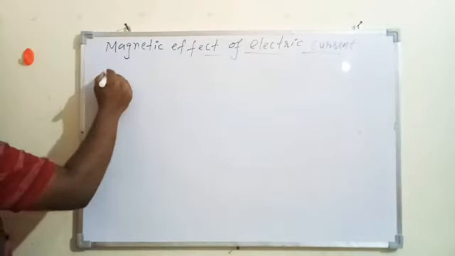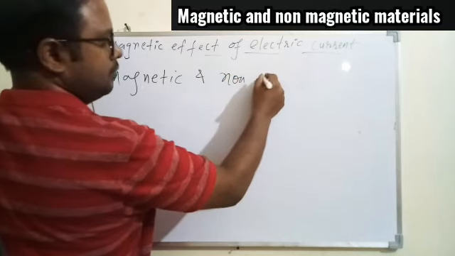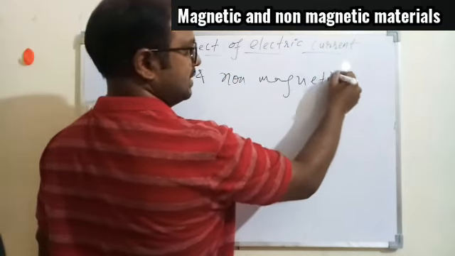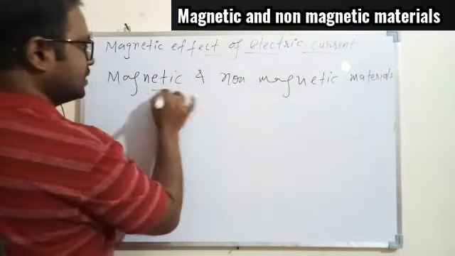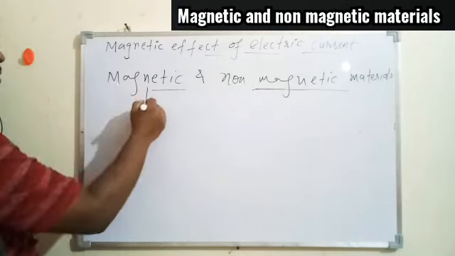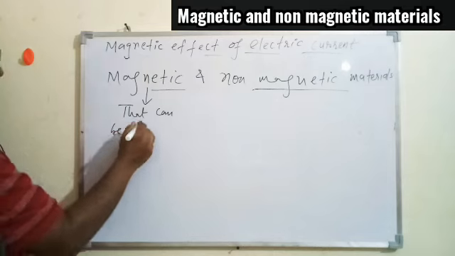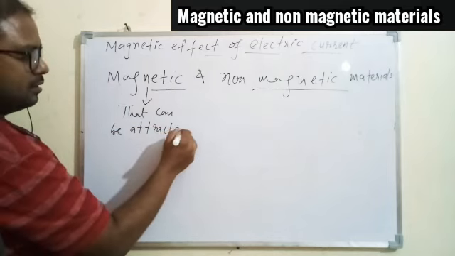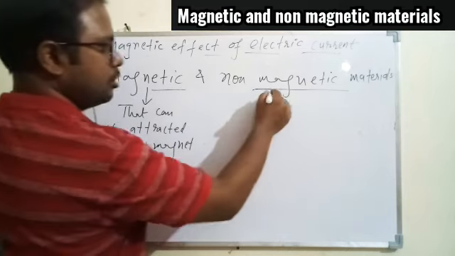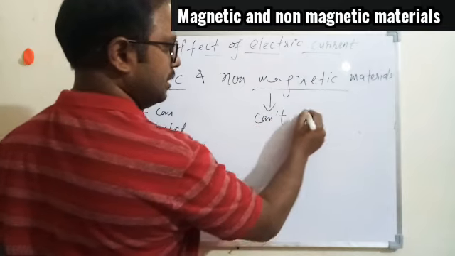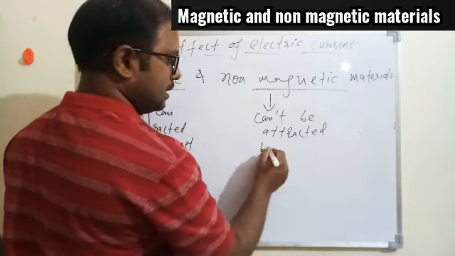And now next thing is magnetic and non-magnetic material. So we know magnetic material is that can be attracted by a magnet, and non-magnetic cannot be attracted. So this is something we have done in class 6 also,